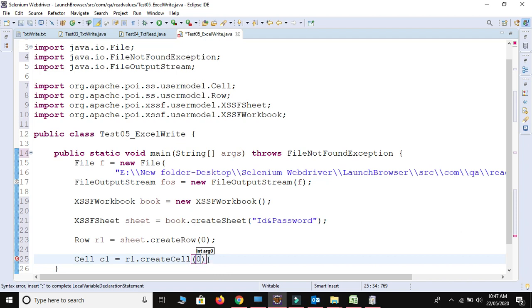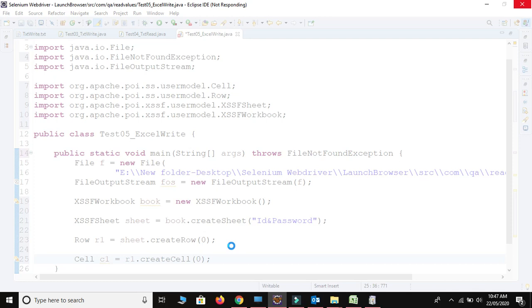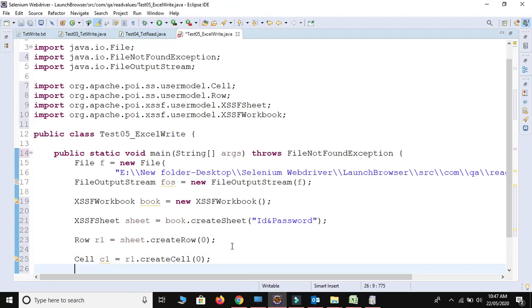We have ID and password, so we have two different cells. So let me create one more cell. I will create the second cell for the password.